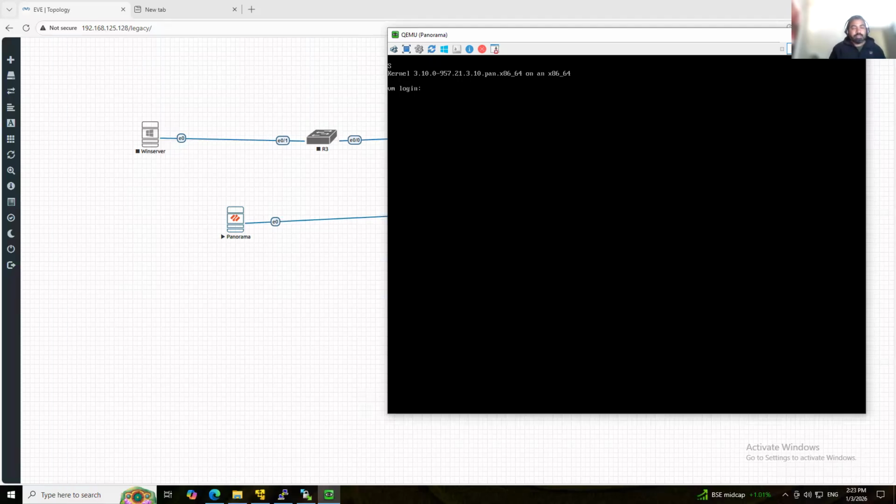Okay, now it's a login prompt. It's asking for username and password; the default username is admin. If it doesn't accept admin, then you have to wait a couple more minutes, because sometimes it takes time to start the management plane in Panorama, even in a Palo Alto firewall.